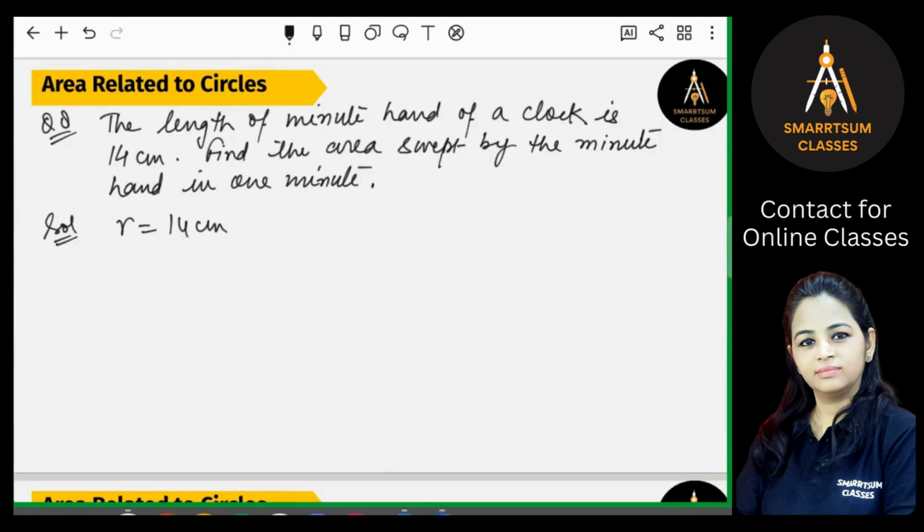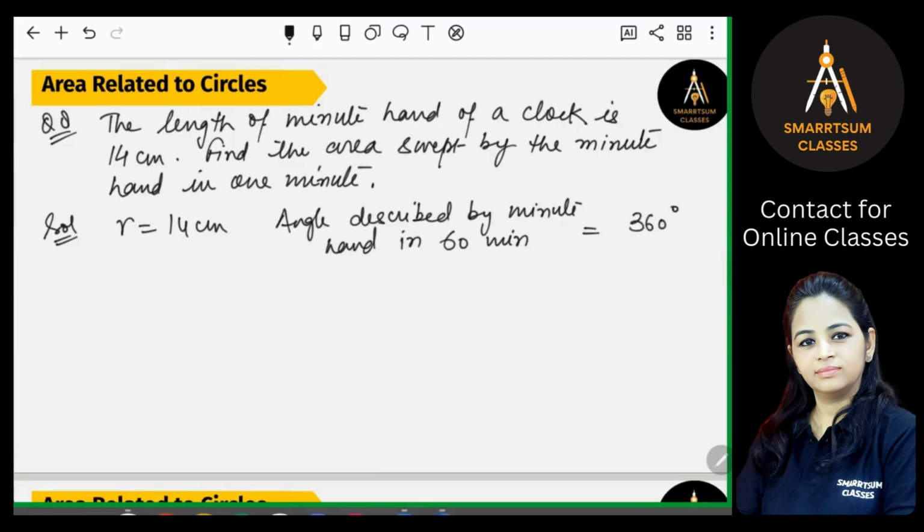So the angle described by the minute hand in 60 minutes is 360 degree. Yes or no? So write down: angle described by minute hand in 60 minutes. In 60 minutes, how much angle will it describe? That is the complete angle, 360 degree. Is that clear? So what will be the angle described by the minute hand in 1 minute? You can find out by the unitary method. So the angle described by the minute hand in 1 minute